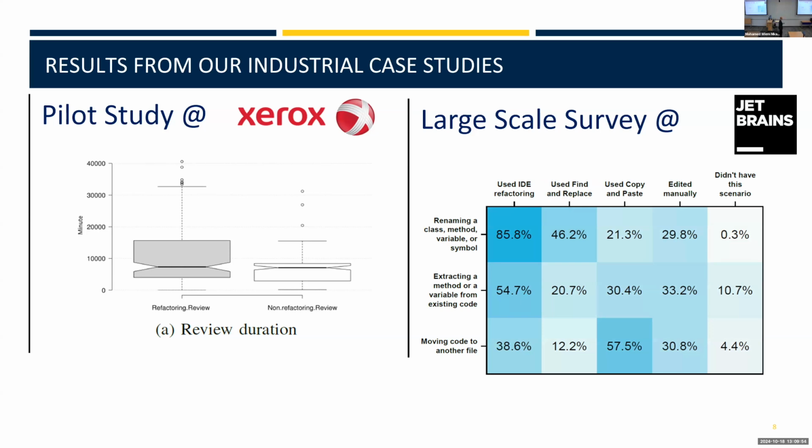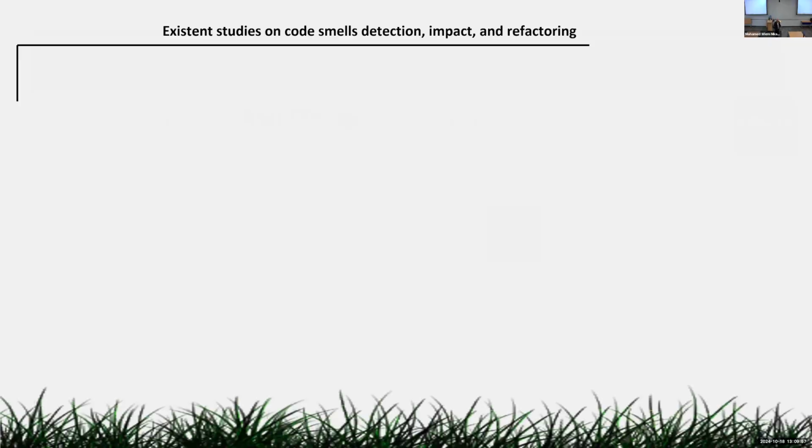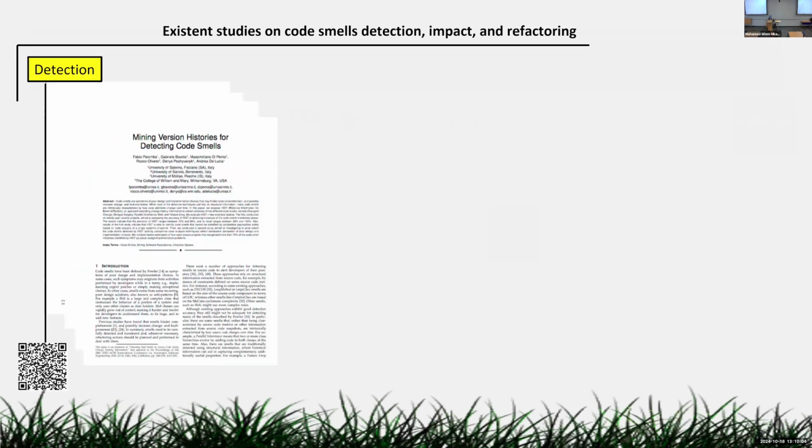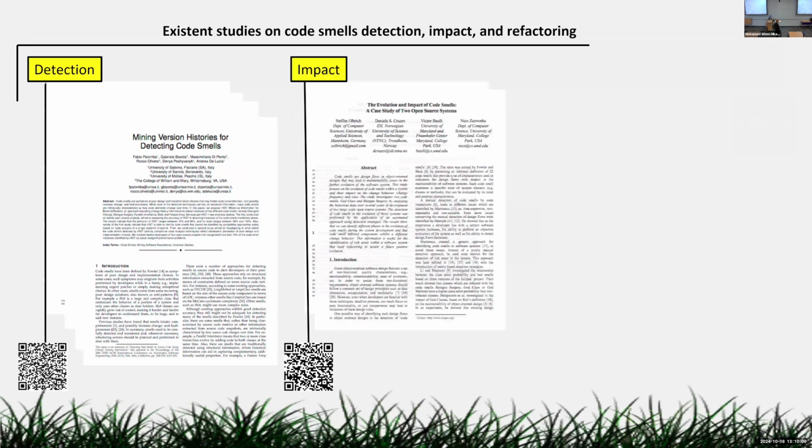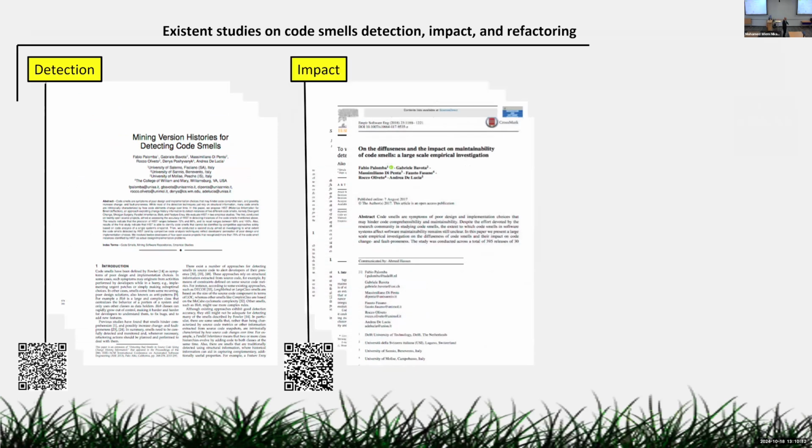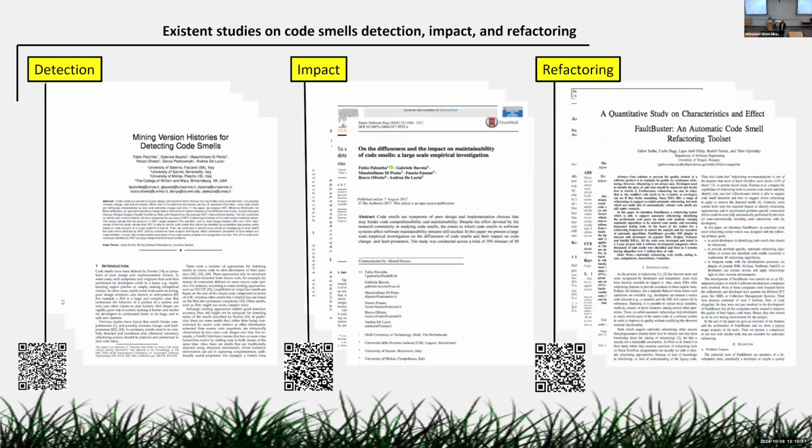Okay, so that summarizes the existing research in refactoring, which can be clustered into 3 different dimensions. How can we detect good opportunities for refactoring? How can we select exactly what code has to be refactored, right? What would be the impact of this refactoring, to reduce the side effects and make it more acceptable for reviewers, right? And how can we choose carefully the operations to apply to fix those things, right? So these are the 3 different areas of research when it comes to refactoring: detection, impact analysis, and correction. And this is at the research level, right?